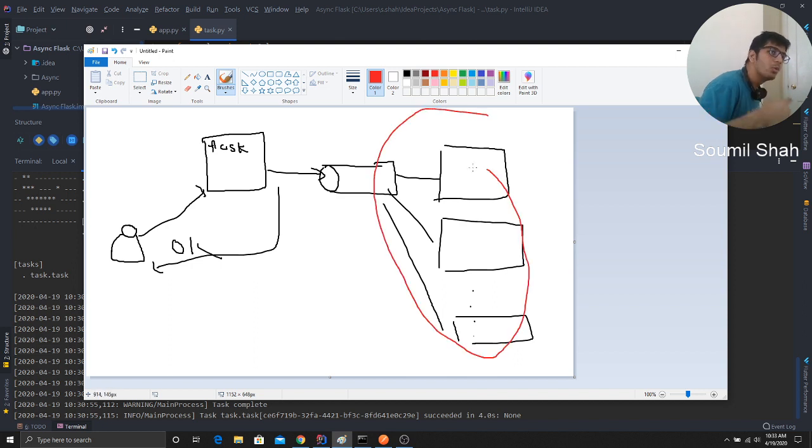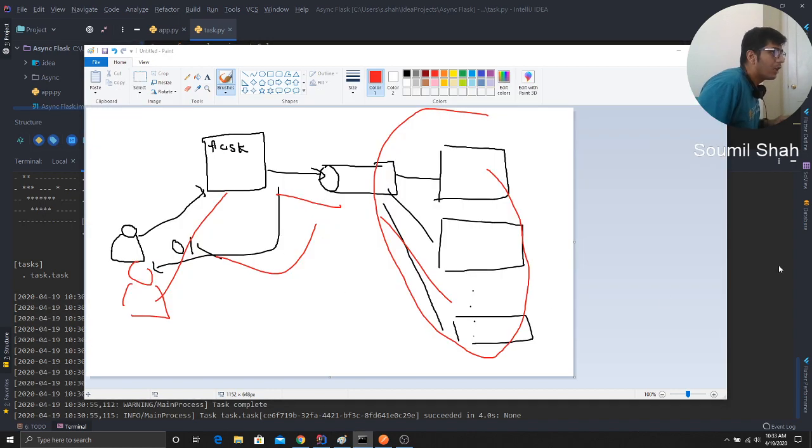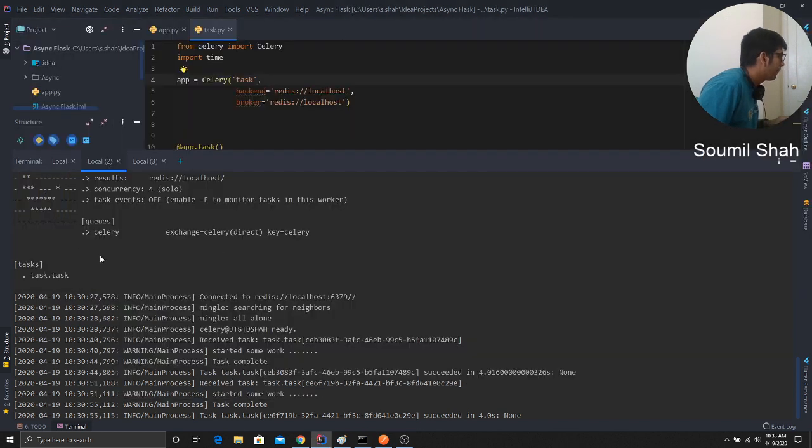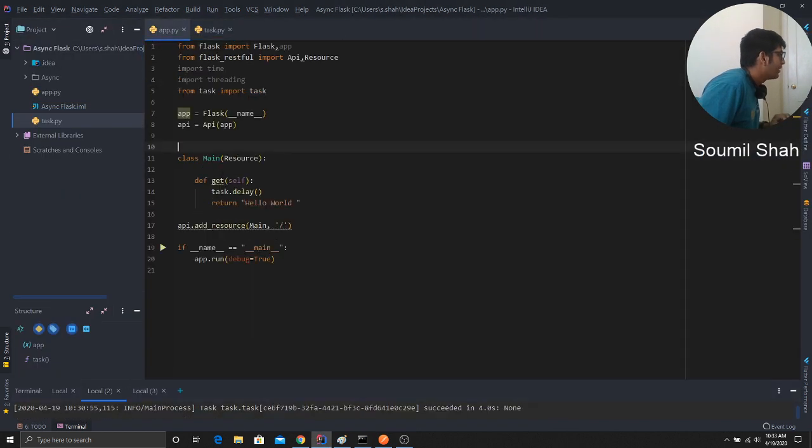It's going to keep doing that. So no matter how many users make requests, it'll go to the queue and get processed, and the user gets an immediate response. This is async stuff. It's a little bit tricky. It took me a lot of time to understand, and here you can see I have my Redis server up and running. Let me show you a very nice example.